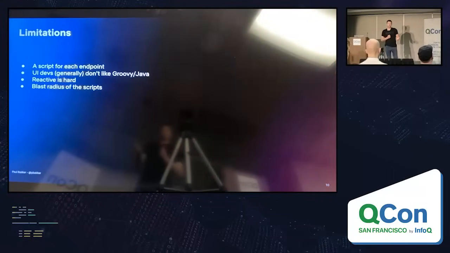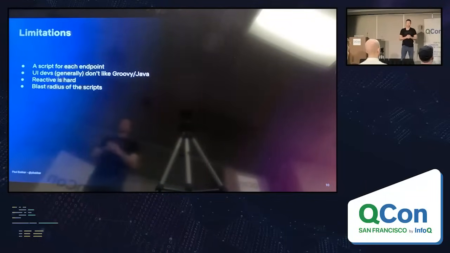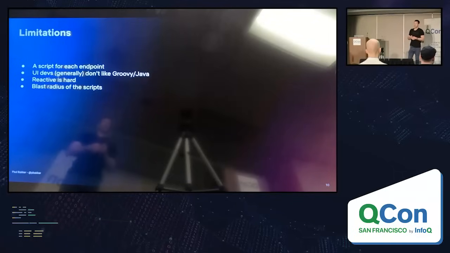There are some limitations, although this obviously works really well, because we have been able to grow our member base based on this architecture primarily. But one downside is that there's a script for each endpoint, because again, we need an API for each of these different UIs, and there's just a lot of scripts to maintain and manage. Another problem is that because the UI developers have to create those mini backends, because they are the ones who know what data they need, they have to write